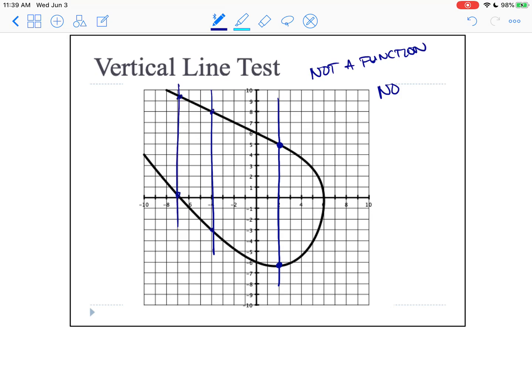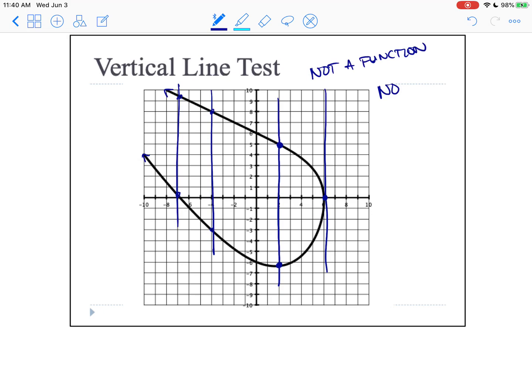This is not a function. It fails in a lot of places. It might pass right here, where it hits just that 1 point, but it fails everywhere else. And so this is not a function, and it only has to fail the one time. And if we wanted to talk about the domain and range, we could. It does look like this is going up forever, but I'm not really sure where this is going in terms of